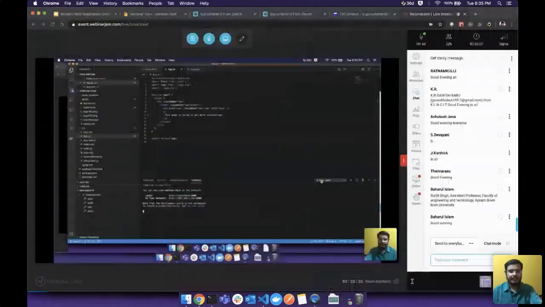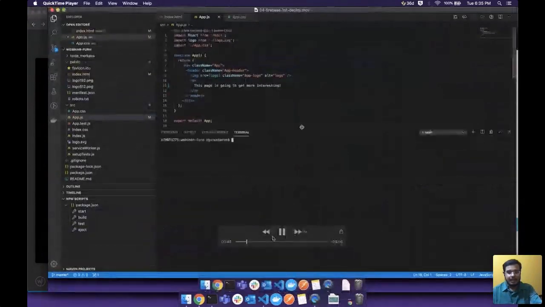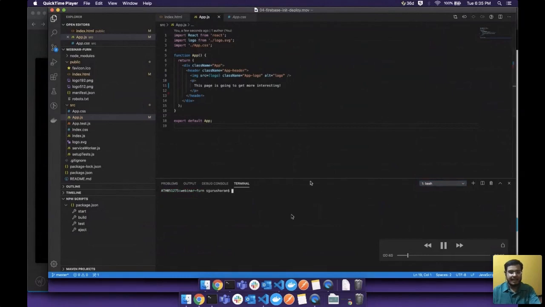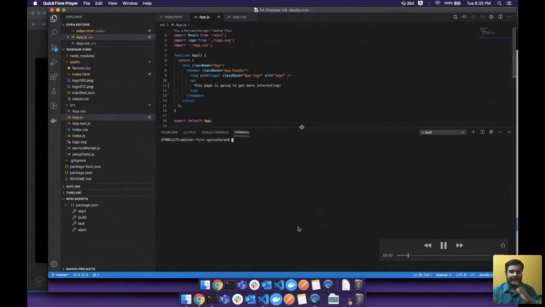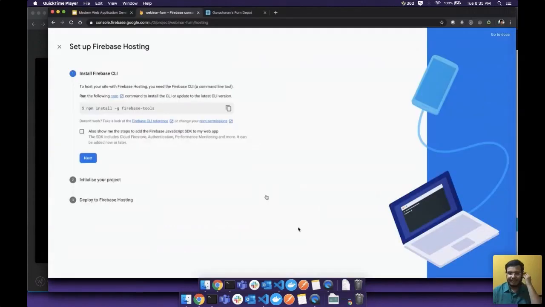I'll hide this, right? All right. So if you see, this actually gives a very cool way of opening your terminal or command prompt here. I just select bash and it has a terminal running for me. I don't have to switch windows, right? So all cool features of IDEs, instead of typing in Notepad or Sublime or something.